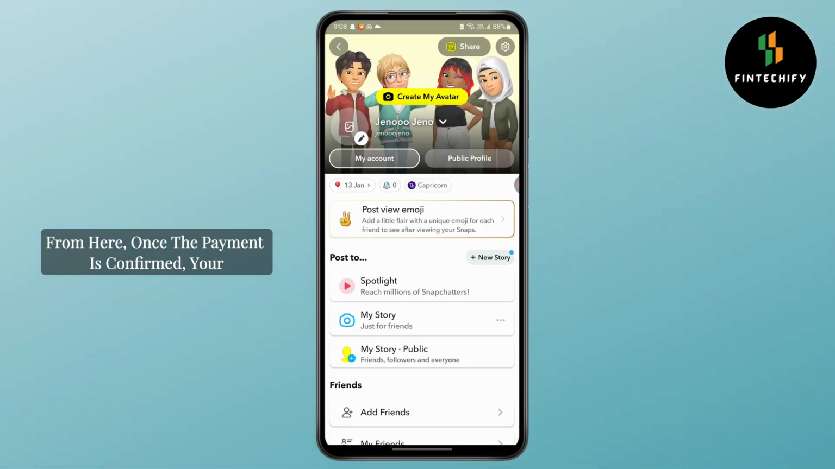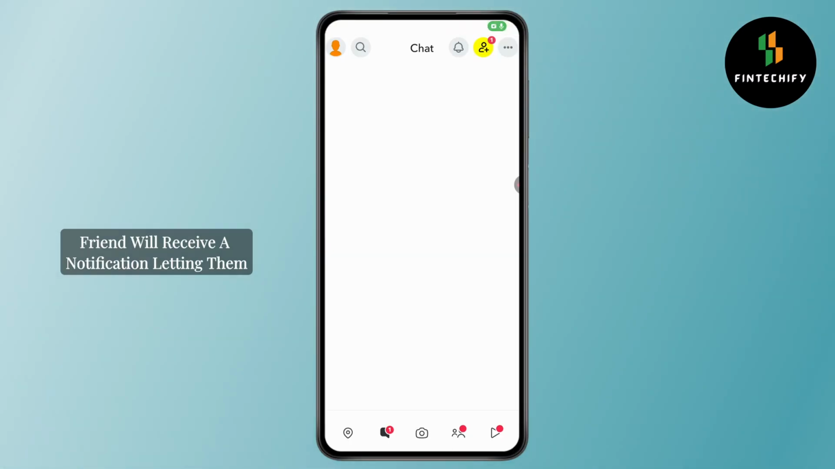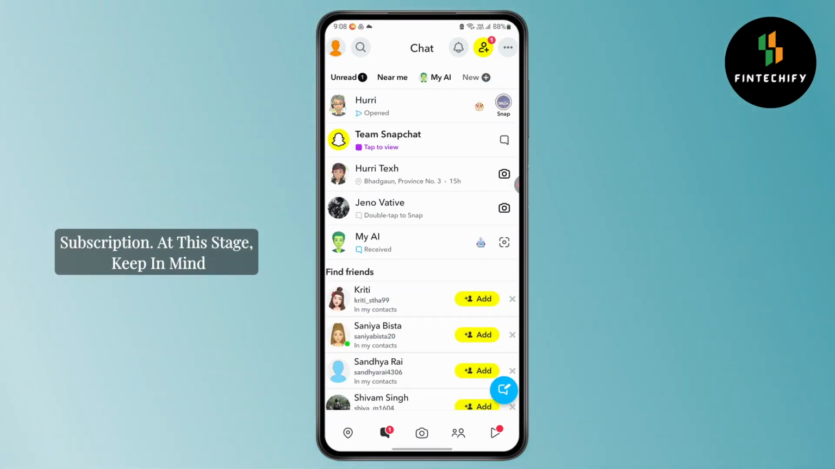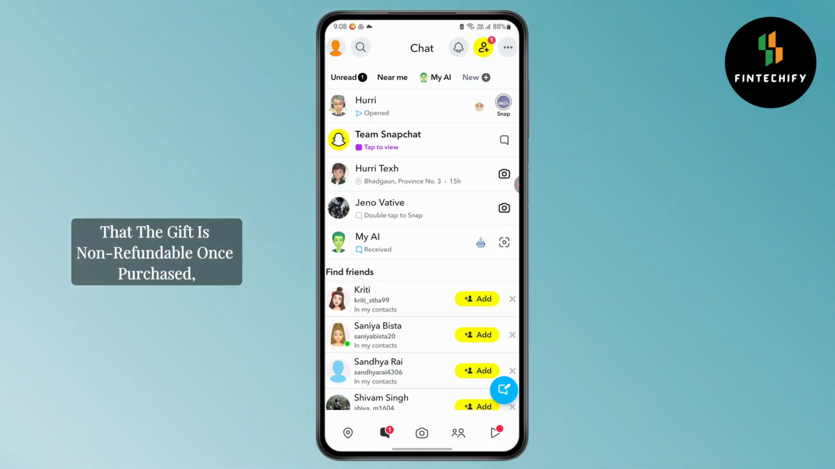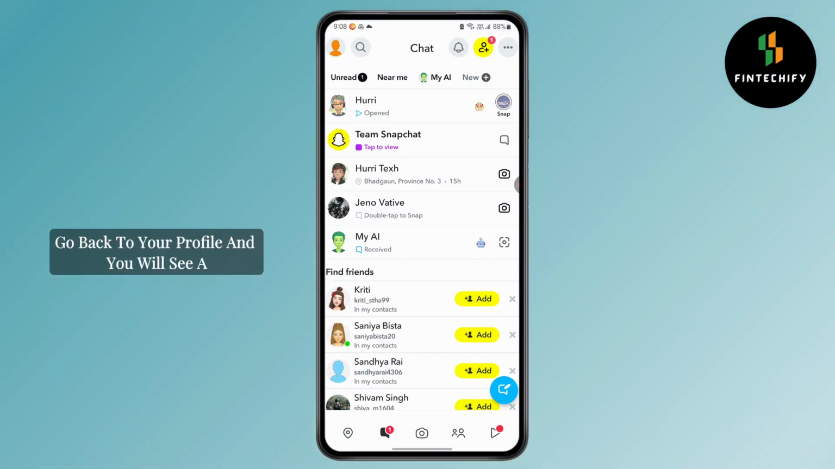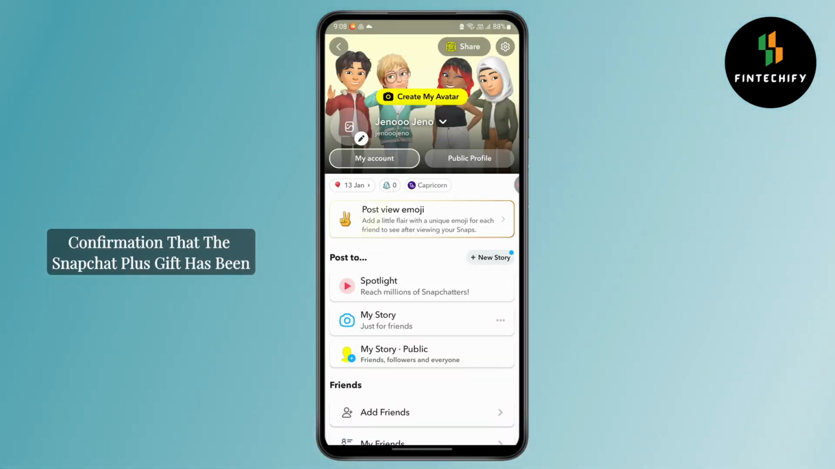From here, once the payment is confirmed, your friend will receive a notification letting them know they have been gifted a Snapchat Plus subscription. At this stage, keep in mind that the gift is non-refundable once purchased, so make sure you have selected the right friend and the correct plan before confirming. Finally, go back to your profile and you will see a confirmation that the Snapchat Plus gift has been sent